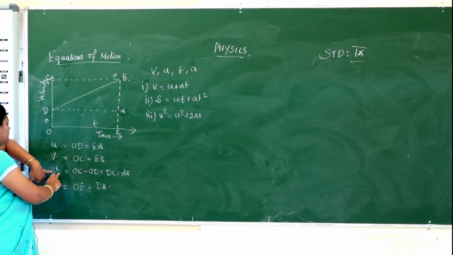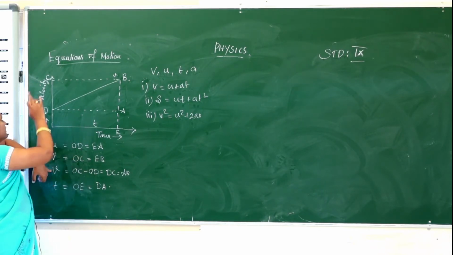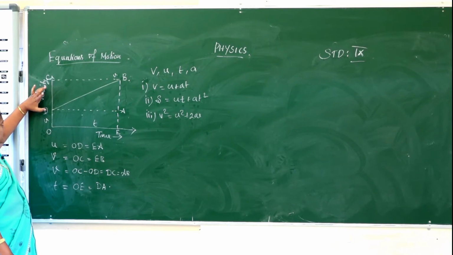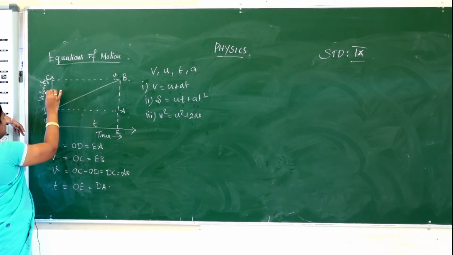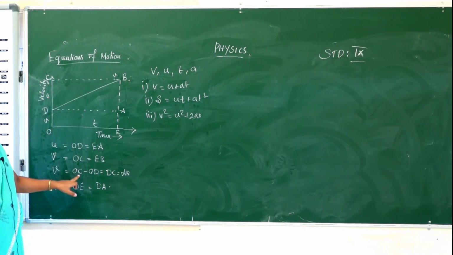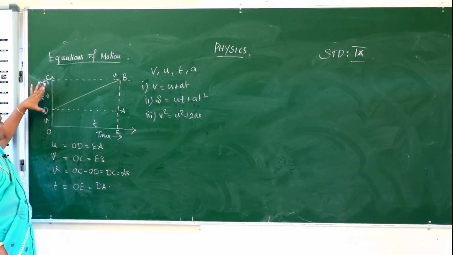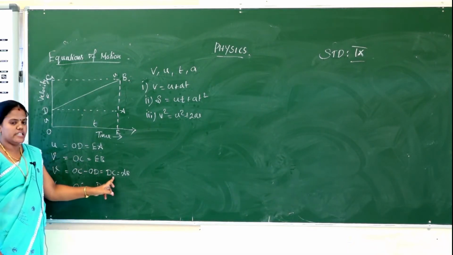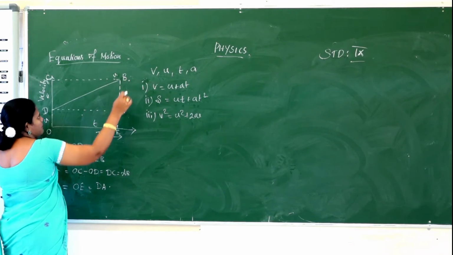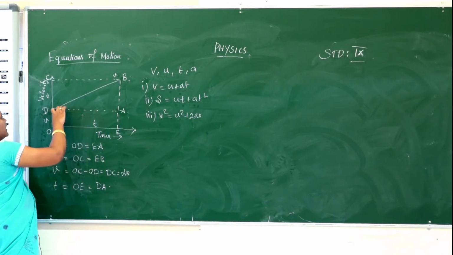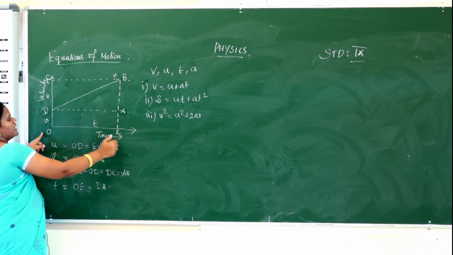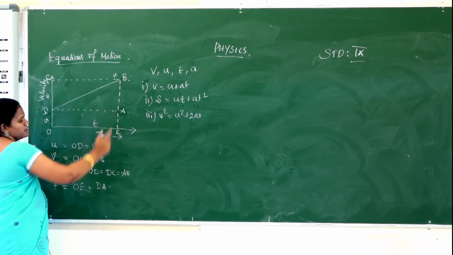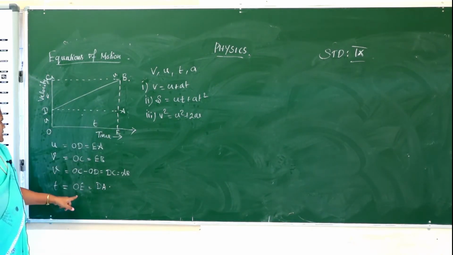So that term explains the final velocity. The final velocity DC is OC minus OD. The whole OC minus OD gives that velocity, the final velocity. So OC minus OD is equal to DC, and that DC is equal to AB. Simply explained, that is the initial velocity and that is the final velocity: initial velocity u and final velocity v. So initial velocity is OD and EA, final velocity is DC and AB. That's all. And time.